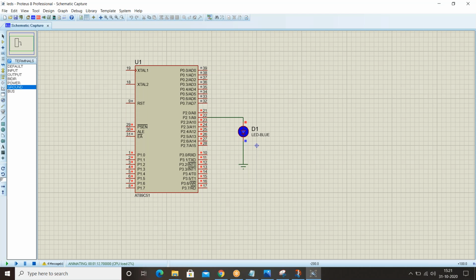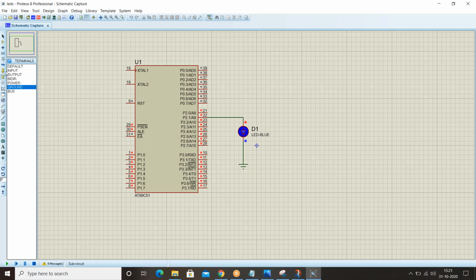Okay, so let me try this ground. On the left side corner you'll get some symbols. If you observe my cursor, on the left side you'll get a terminal block.